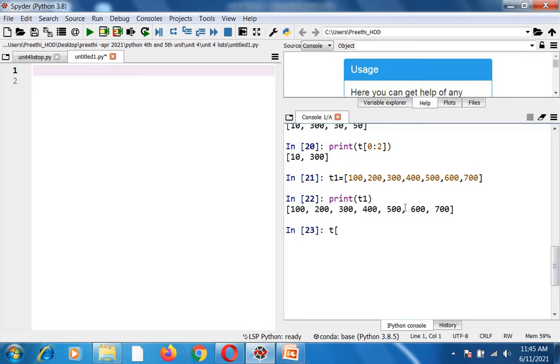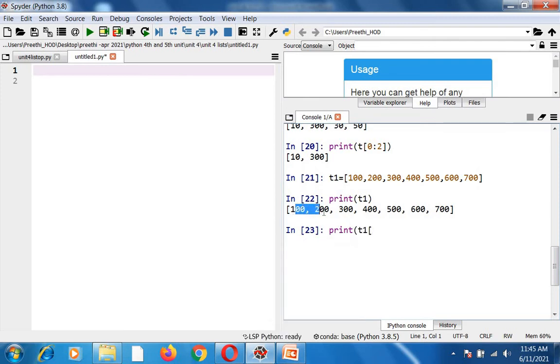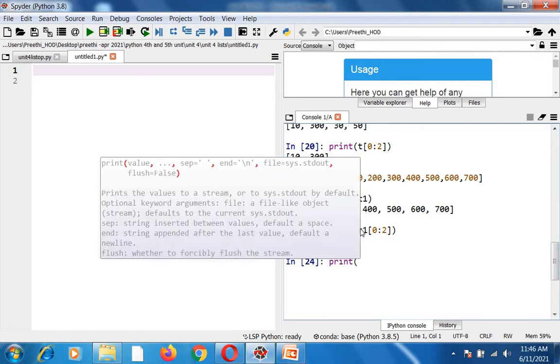Now I want to access print of T1 of... I want to access the elements 100 and 200. So I have to give 0, the starting value, and the ending value plus 1. The ending index value is 1, plus 1 it will be 2. So when I give it like this, I will get the elements 100 and 200. Next, I'll explain one more slicing operator, T1 of